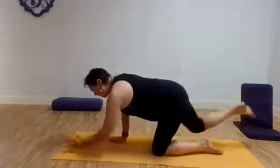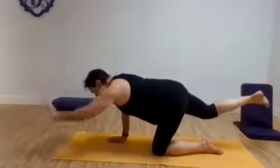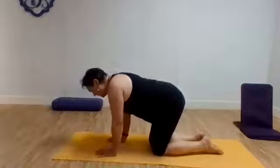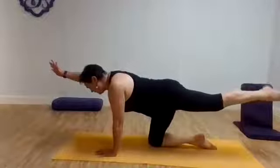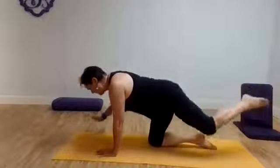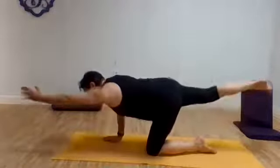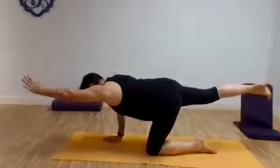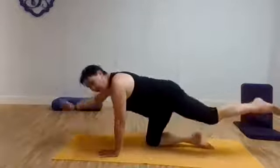So this is inhale, engage the root lock, the pit of the belly. Exhale, back. Inhale, engage the root lock, pit of the belly. Exhale, back. One more time like that, right arm, left leg. Back to table. And then left arm, right leg,